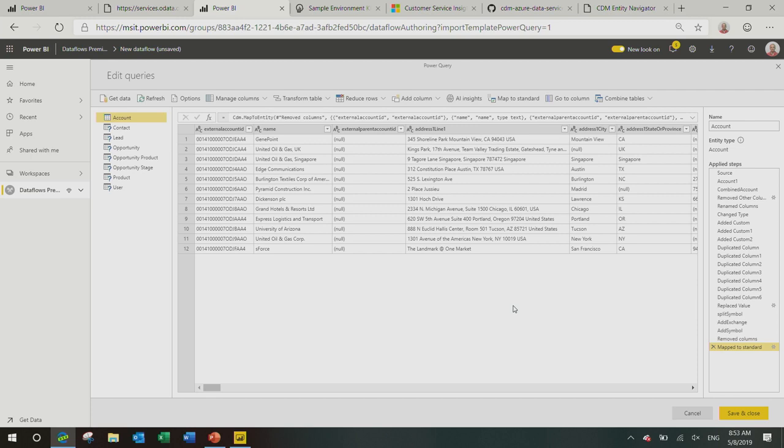I can do further transforms on top of this, but basically, without writing any code, without doing any clicks, I can get started with these prepackaged templates that provide me data already in certain, more business-oriented shapes for the applications I want to build. Now, where we're going with this is, I could use this and then do my BI applications. Where we ultimately want to go is, you saw there are a few templates that we have already in this experience. We want to go further and open this up for all developers.